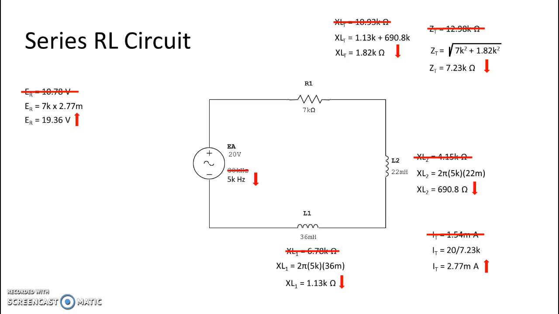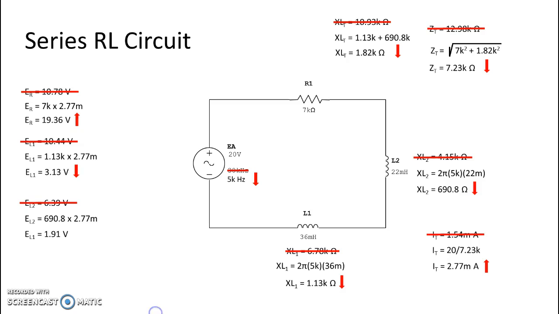Now, again, from our previous videos, both in RL circuits and in just series resistive circuits and even series parallel resistive circuits, we know that where we see ohmic value increases and decreases, we expect to see our voltage drops follow our ohmic values. So we are expecting both L1 and L2 to decrease in value. So if we look at the voltage for L1, it has indeed gone down, and similarly the voltage in L2